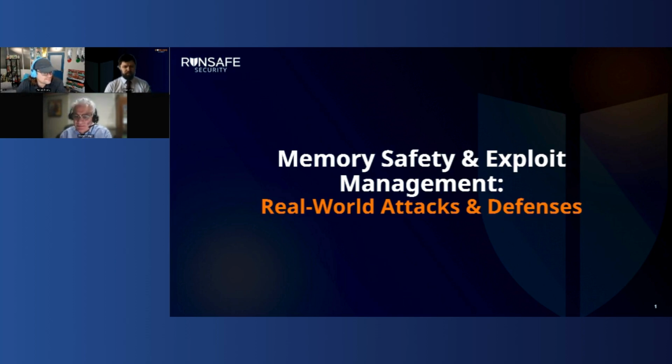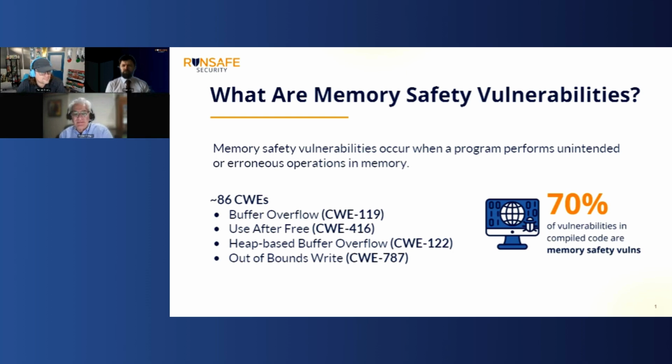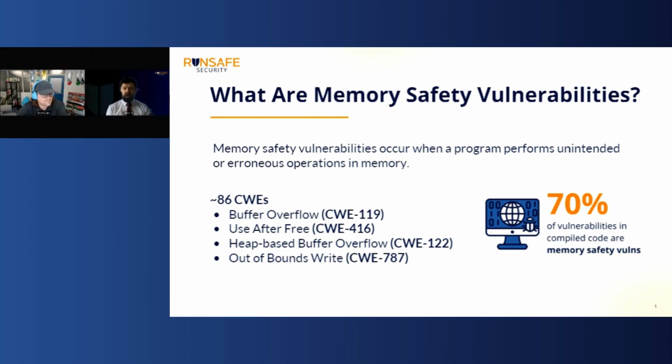Awesome. Thank you. So we already covered a little bit of this. What are the memory safety vulnerabilities? As I said, there's about 86 CWEs. The most common ones that you'll see are buffer overflows, heap use after free, heap-based buffer overflows, and out-of-bounds writes. You see a lot of CWE 787 in embedded systems, particularly, and about 70% of the vulnerabilities in compiled code